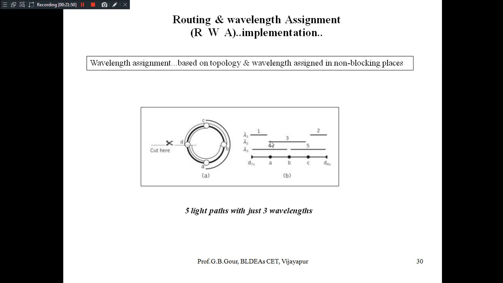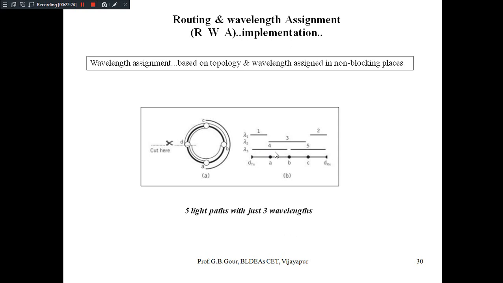Similarly, the third light path is established from node A to C, going through the intermediate node B. That is known as a single hop light path.